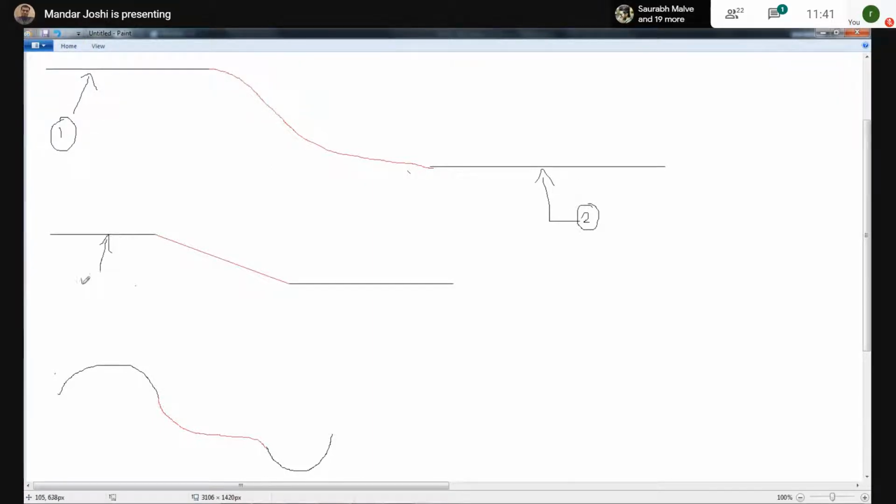So this is entity number 1, the first surface, and this is the second surface.